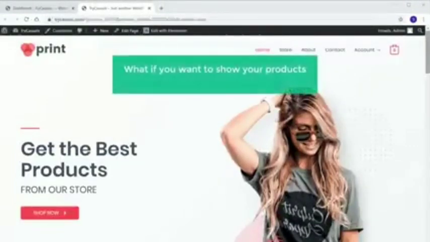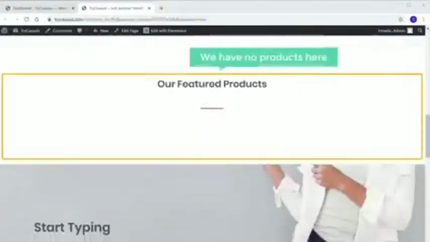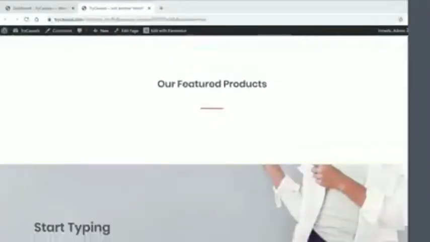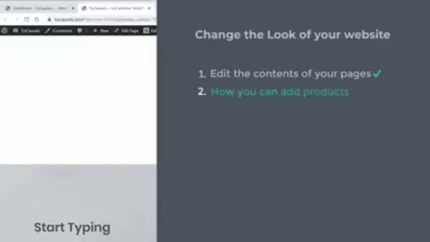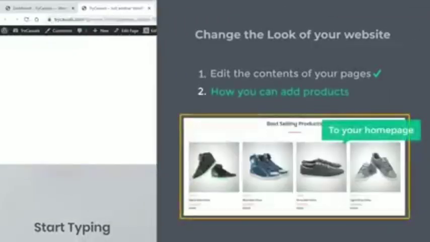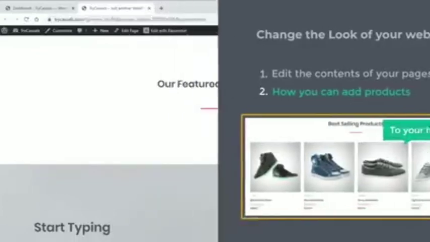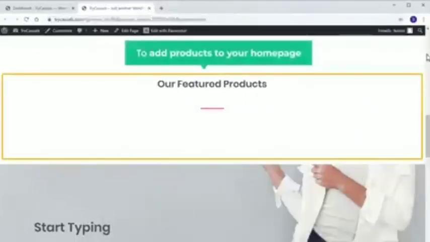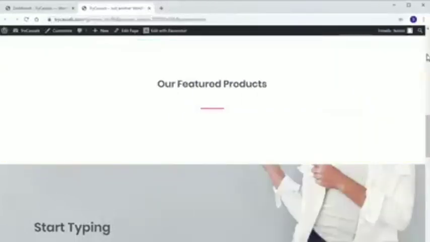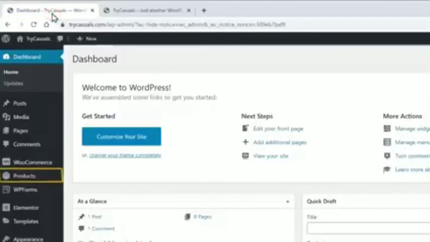So next, what if you want to show your products on your home page? Now if you scroll down this products area, you can see that we have no products here. So next, let's see how you can add products like this to your home page. Now to add products to your home page, all you have to do is just go to your dashboard, then go to Products,